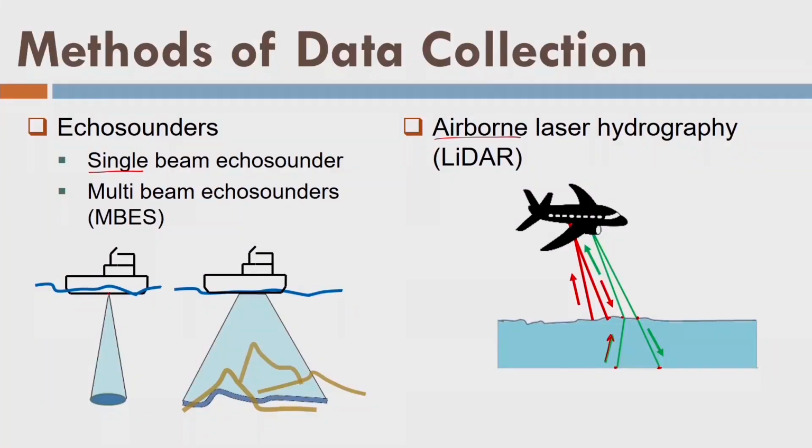By measuring the time interval between the green and the red pulses, I can find out the depth of the seabed, and the coverage will be much higher compared to the echo sounder used with vessels. That's the idea here about the measurement of depth. We will be discussing all the instruments in detail in coming lectures, but here we are giving an introduction to how we perform hydrographic survey.